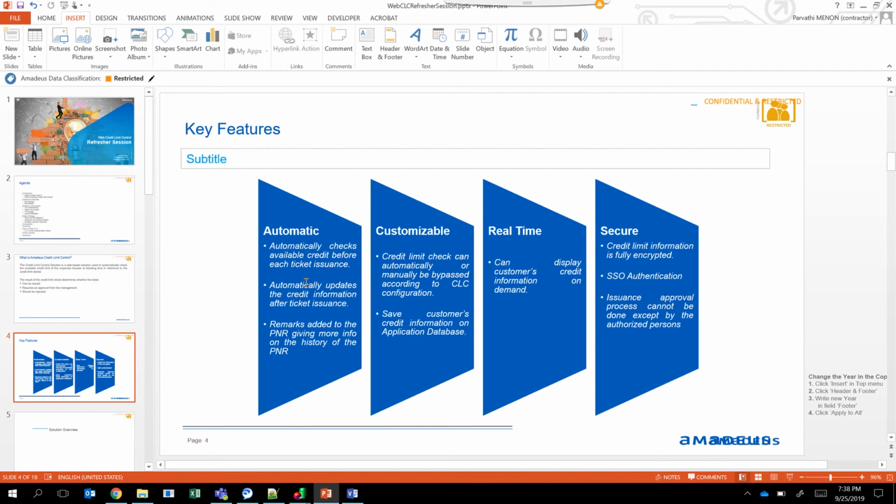Okay, and then you also have the appropriate remarks with a timestamp that is added to the PNR just to keep track of the history. Okay, the next key feature is that it's customizable, which means that one can customize the application so that it can bypass the CLC check.